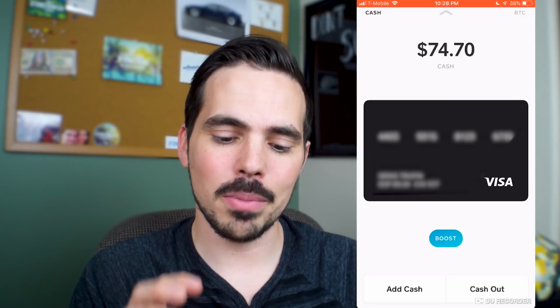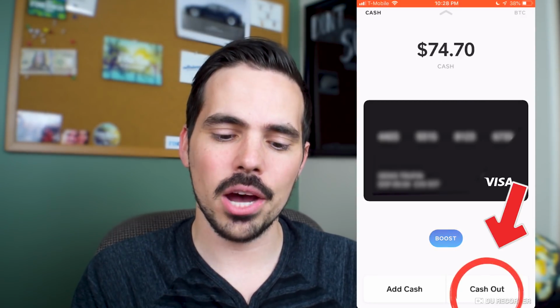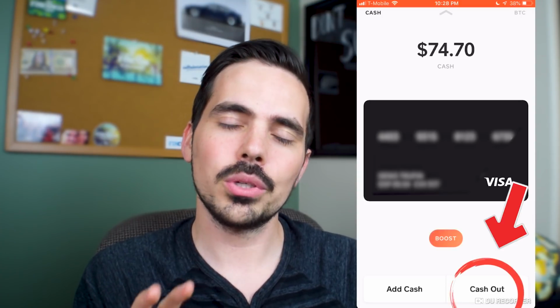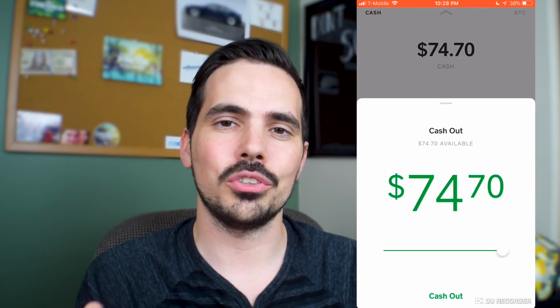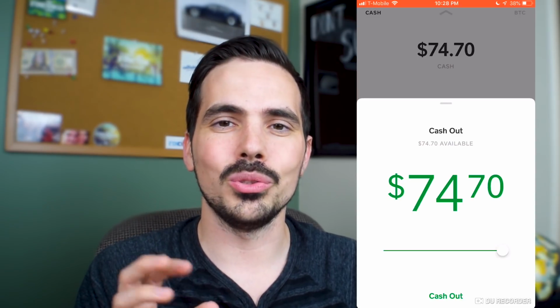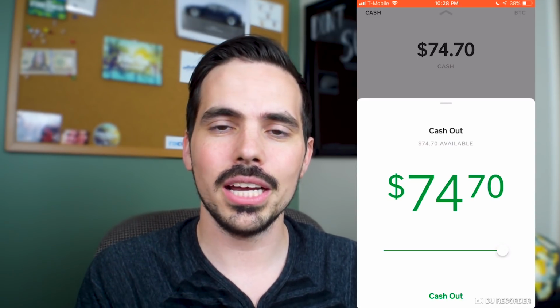So next up on the bottom right, you're gonna see a thing that says cash out. This is a big feature that a lot of people seem to have questions about. This right here is gonna give you the ability to transfer your money back into your bank account. So that way, if you wanted to, you can have all of this money back into your account and utilize